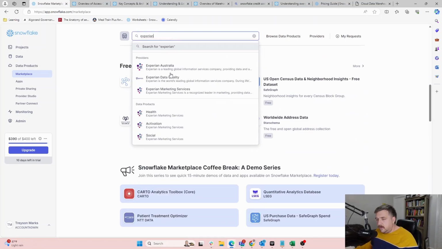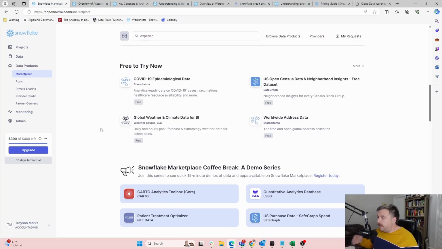Yeah. So you can buy your Experian data products here and then just open them up. And then the charges, if I recall, the charges for the movement of data goes back to the data owner. But I can't remember specifically how that works. So the things you have to think about whenever you do this, but it's a lot easier.